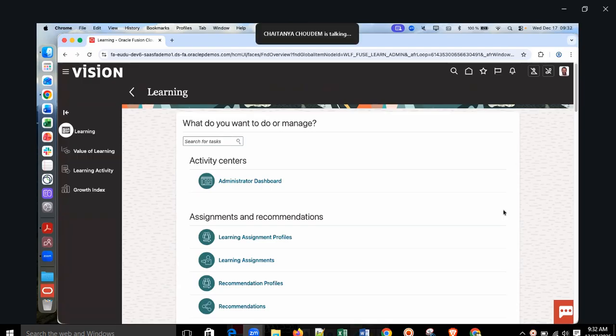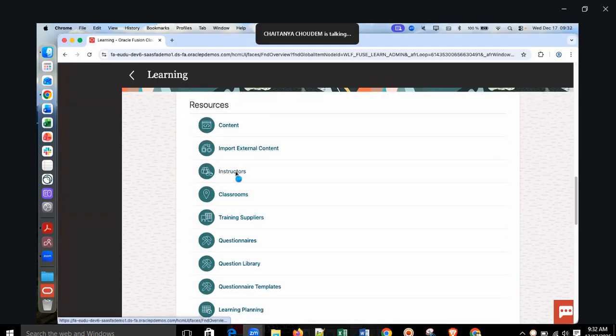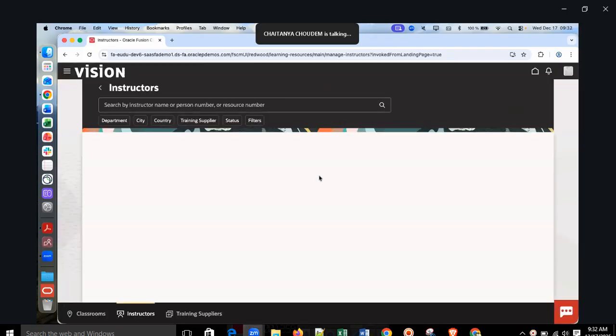Right. So for this integration, the way to associate to an instructor-led activity is by first associating to an instructor record. Because in an instructor-led activity, you will be adding the instructor. So prior to that, associate this integration with the instructor record. So when you create these instructor records, like we saw on Monday,